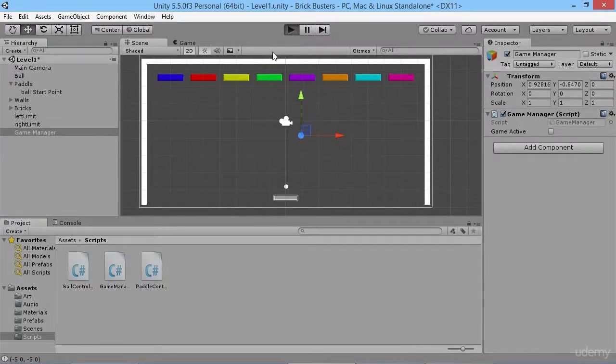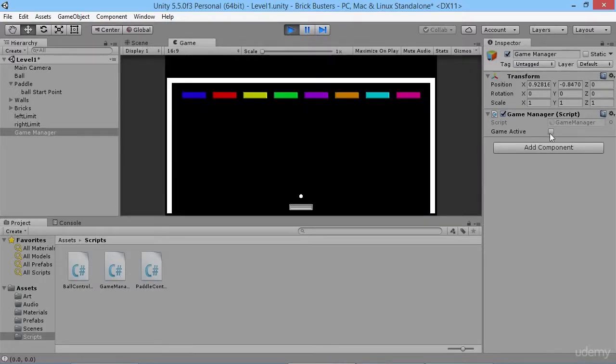So we'll see here now when we press play. At the moment our game active is set to be false, and at any point we can hit the space bar, and now our game is playing away like that. But now if I hit the space bar, absolutely nothing happens because our game active is true, so therefore we can't make any changes to it. So perfect, that's exactly what we want to do, and now we can move on to our next stage of